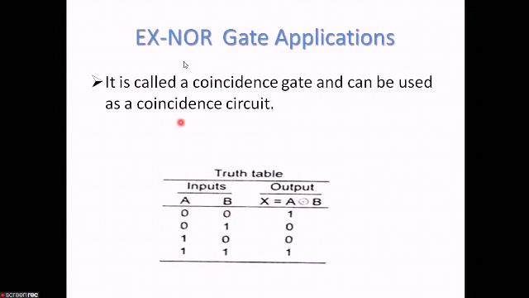This is true in these two cases. This is the first case and this is the second case. These two are the cases where the XNOR gate acts as a coincidence gate. That is, the two inputs are equal or coinciding. 0, 0, they are coinciding. Again 1, 1, they are coinciding. So the output is equal to 1. So these are the two cases which indicate that the XNOR gate can be used as a coincidence gate.